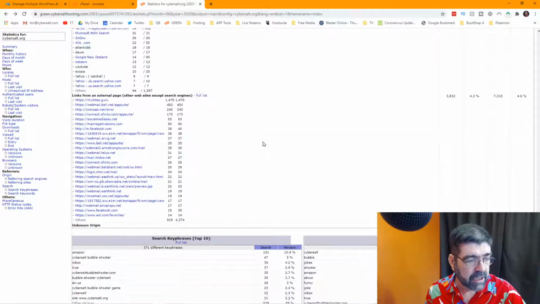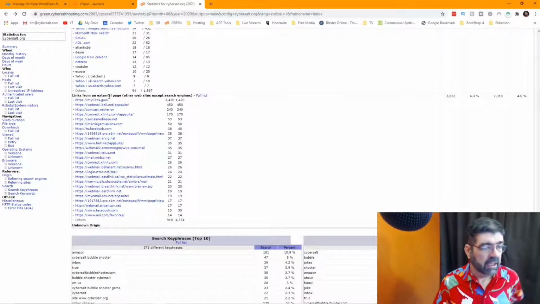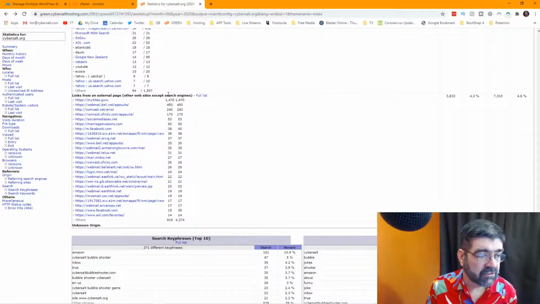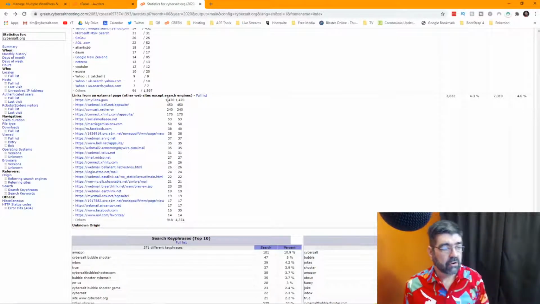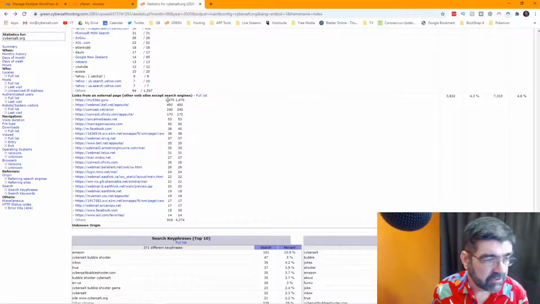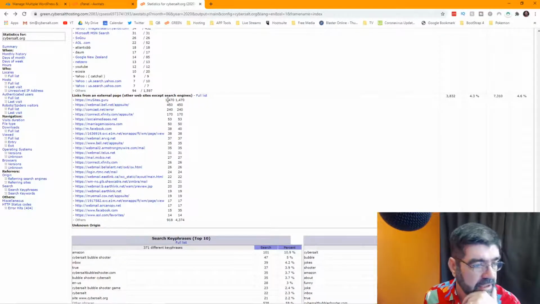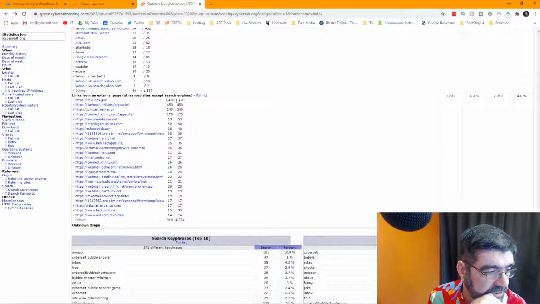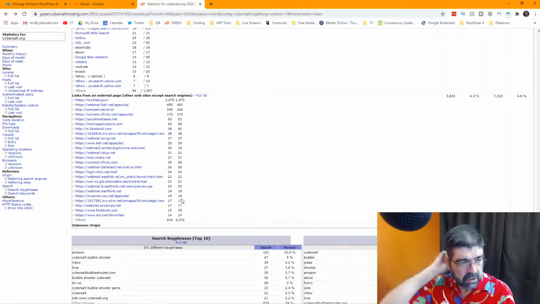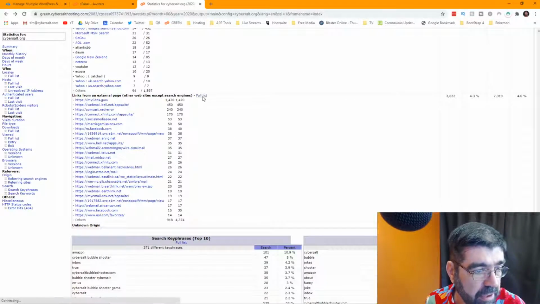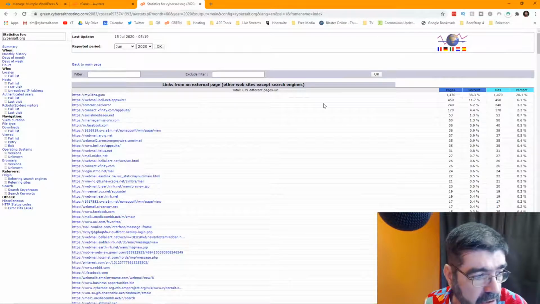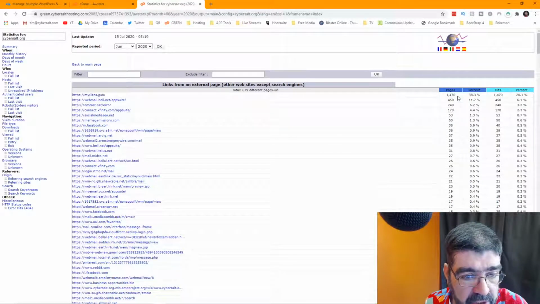And then we get down to what's really interesting, and that is links from an external page and other websites except search engines. So it's nice, they separate them. So you'll see mysites.guru, 1,471. So I've gotten traffic from mysites.guru, and these numbers, two columns. Actually, let's click on full list. Maybe the columns will work out better. Oh yeah, okay. So mysites.guru, 1,470 pages,